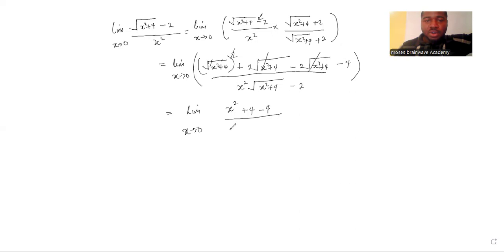Then what is on the numerator is going to be x squared. Then we are going to have the square root of x squared plus 4, plus 2. You understand? Because this guy is supposed to be multiplying all these elements over here. So we are going to have this, right? So technically, what we are going to be left with in the numerator is going to be x squared, because 4 minus 4 is going to be 0, right? So what we have in the denominator is x squared. Well, we're going to have x squared